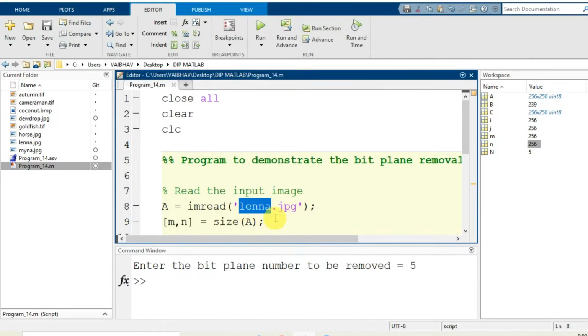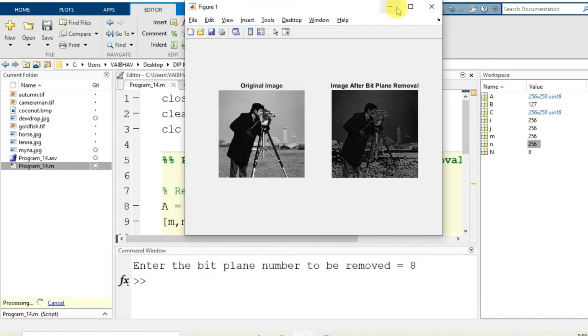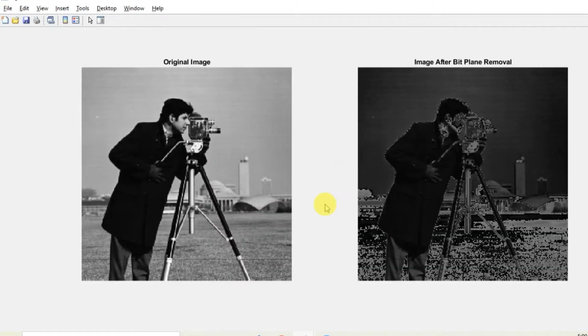If I change the input from lena.jpg to cameraman.tif, saving the changes and running this particular program, now if I put the value 8 here and hit enter, you see the most significant bit plane I have removed from the original image. In the output you see these many distortions in each and every region here.